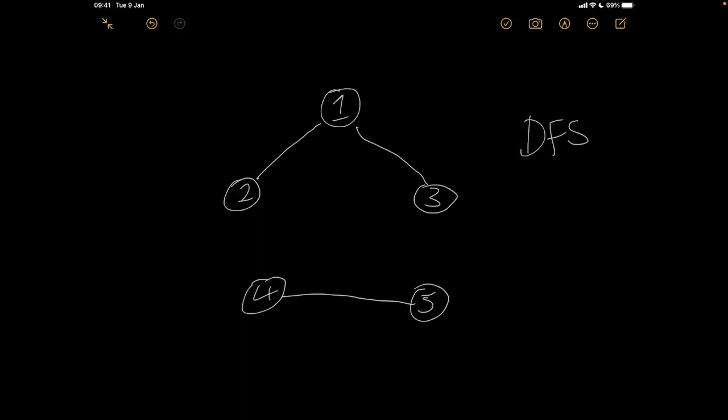I'm going to show that with this example. But if at any point we have two adjacent nodes with the same group, then the answer is impossible. Okay, so let's see what I mean by exploring with depth first search.